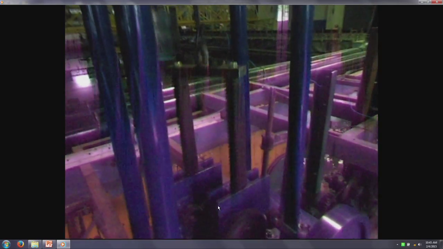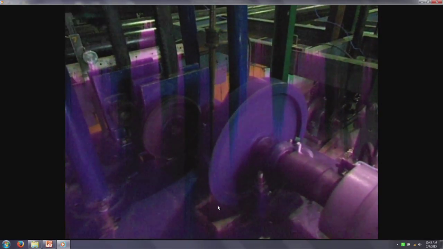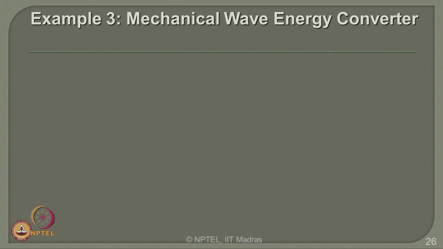So the electrical energy is generated from the mechanical working of the components, therefore we call this a mechanical wave energy converter. The vital component present in this converter is a float which is made to move up and down by the wave action. This up and down motion is converted in an assembly mechanism by a gear and a rotor, which is then connected to the output shaft, where the electric generator is coupled to the output shaft, which connects the bulb, therefore the electrical energy is generated. Having understood this,